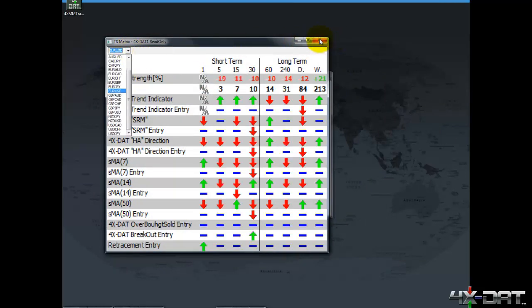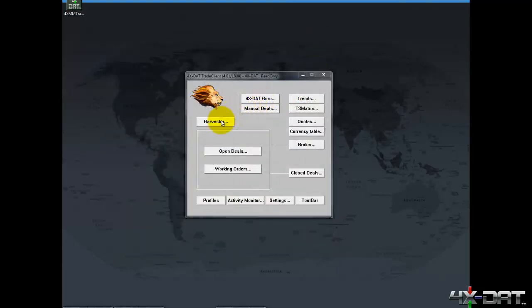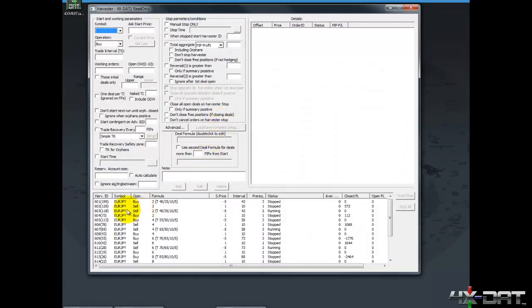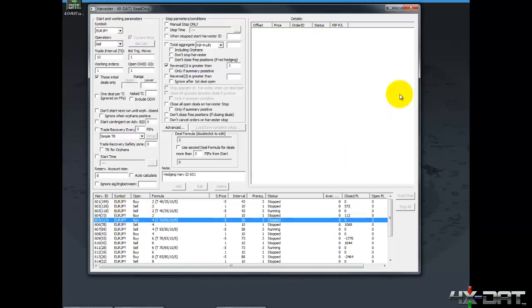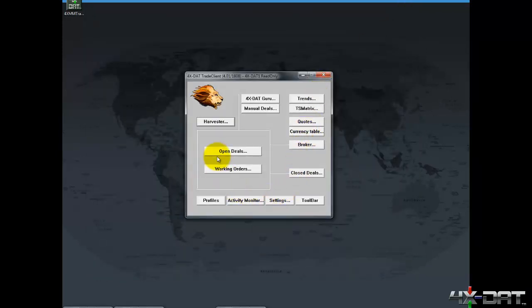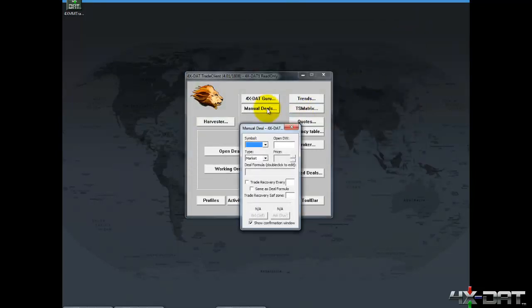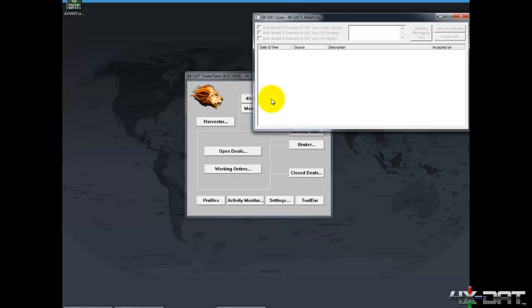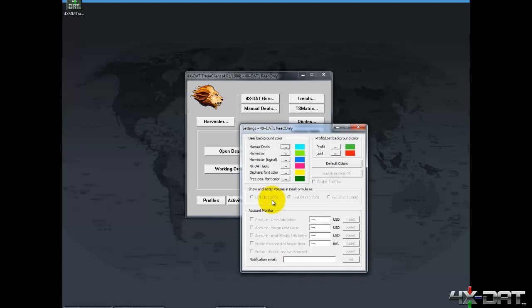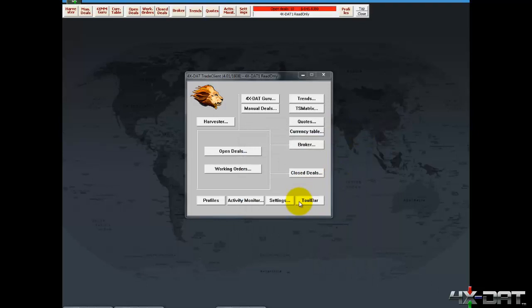The Harvester module provides us with a list of individual trading sequences, parameters, and algorithms currently managing the trades in the account. Now, your read-only access will let you view all the setups, but it will not allow you to make any changes here, for obvious reasons. Now if we go into the working orders, we get a list of orders that are waiting to be filled. The manual deals module will allow you to place deals manually if you want to do that. The ForexDat Guru module allows for the transfer of trading setup files. And the settings module allows you to set the color of your trades and is where you'll select the stealth mode. There's a toolbar you can keep running on your monitor if you like, and there are some more modules